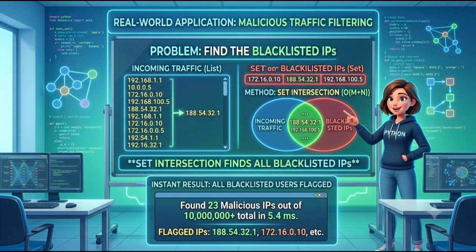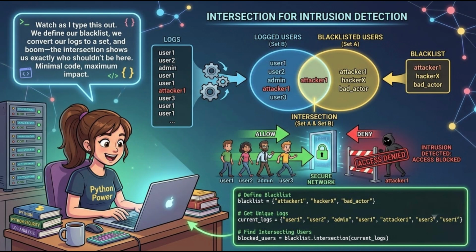Let's build a real-world tool. We have a set of blacklisted IPs and a list of incoming traffic. By using a set intersection, we can flag malicious users in milliseconds. Watch as I type this out. We define our blacklist, we convert our logs to a set, and boom, the intersection shows us exactly who shouldn't be here. Minimal code,